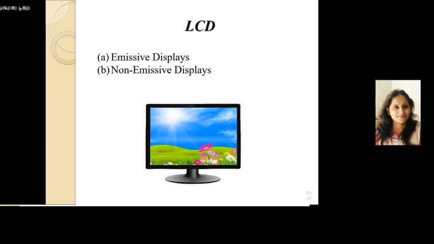Okay. Flat panel displays refer to a class of video devices that have reduced volume, weight and power requirement compared to the CRT. You can hang them on walls or wear them on your wrist. Current uses for flat panel displays include calculators, video games, monitors, laptop computers, graphics display. The advantages of LCDs are that power consumption is low and cost is low. And the disadvantages are that turn on and turn off time is large, hence they are slow devices. And their lifespan is less when used on DC.